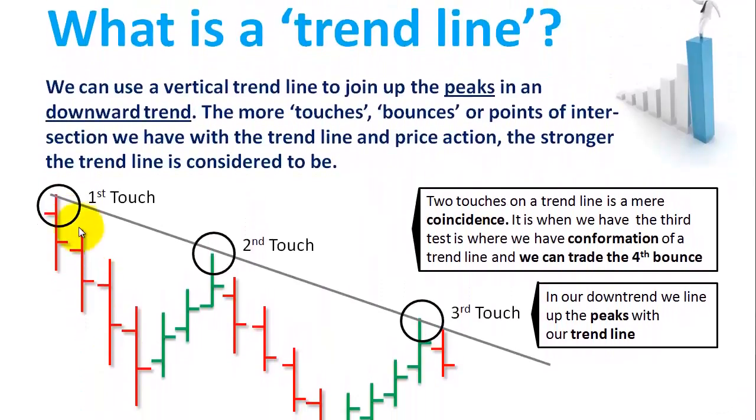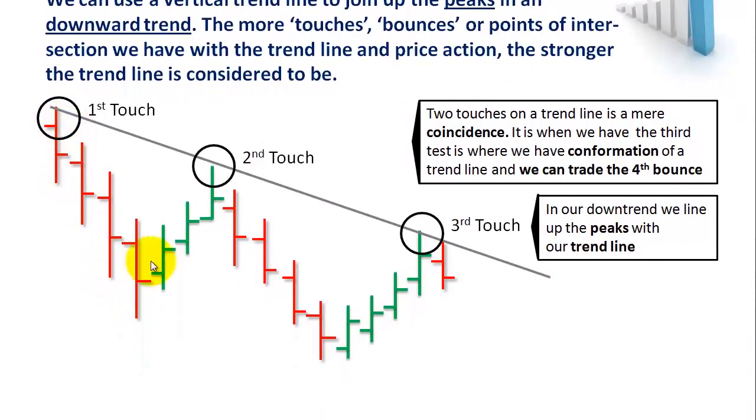As we can see here, we've got good cyclicity. We've got lower highs and lower lows, and we can line up the lower highs, or the lower peaks, as you might call them, with a trend line. So we've got 3 points of intersection, like we just mentioned. We've got the first touch, all very well and good. The second touch, which is a mere coincidence, and the third touch is where we can reasonably expect there to